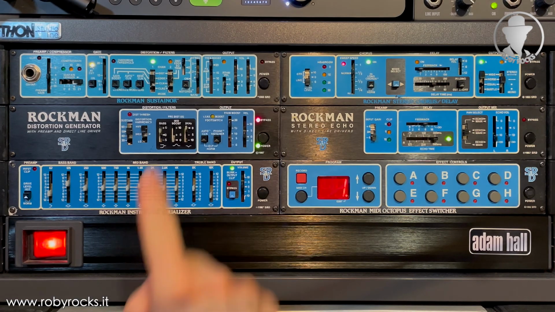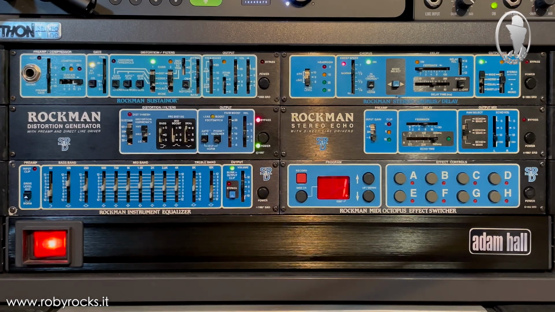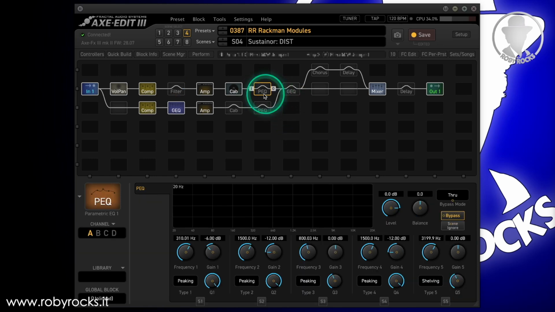I also replicated the phase notcher control, which is a kind of simulation of partial phase cancellation that happened when miking the cabinet with 2 or more microphones, giving a slightly different voicing. In Fractal, you can activate or deactivate it simply with the parametric EQ 1 block.